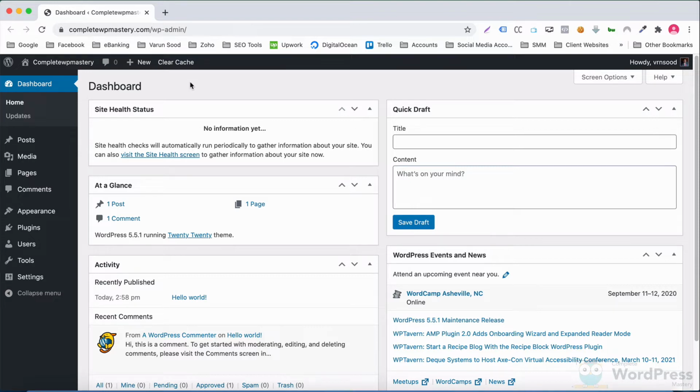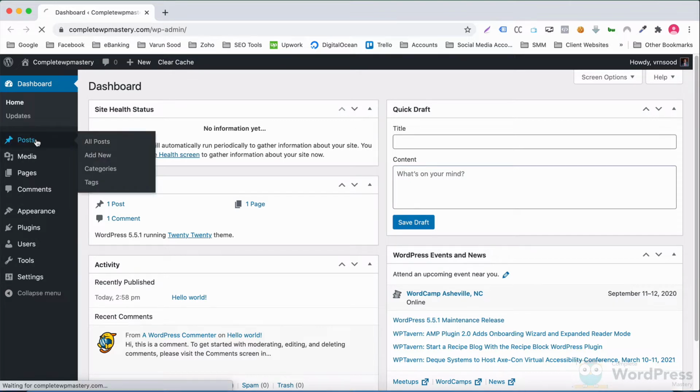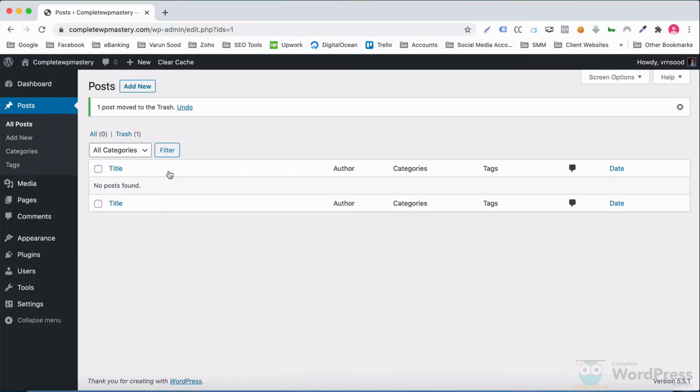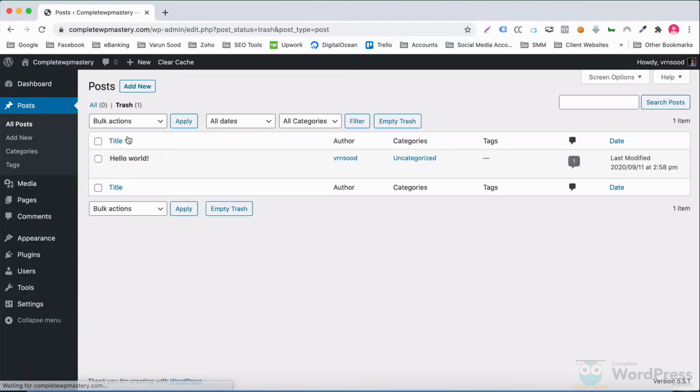Okay, let's get started. The first thing that we need to do is delete the Hello World post which is present by default. We do not need this blog post. We'll create our own posts whenever needed. Whenever you delete a post or a page in WordPress, it normally goes into the trash. This helps you to recover it in case you discover that you want the post or page back. However, in our case, I am 100% sure that we do not need the Hello World post back. So let's go ahead and delete the post from the trash as well.